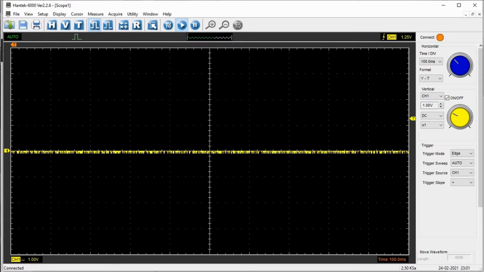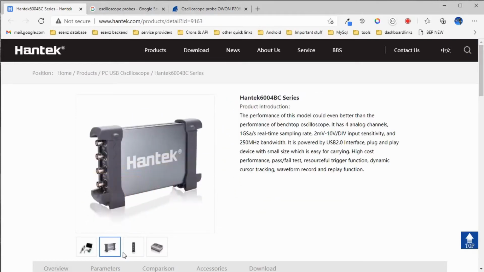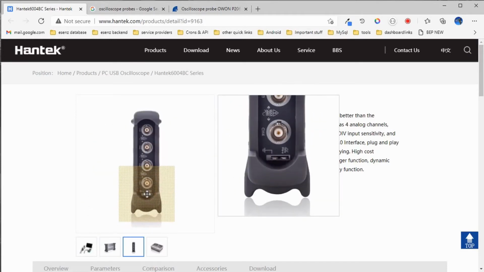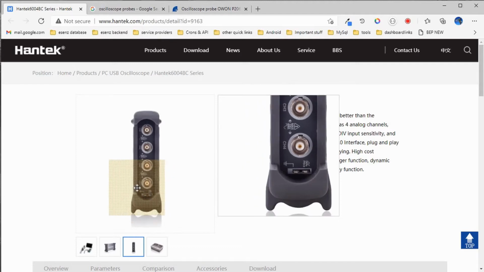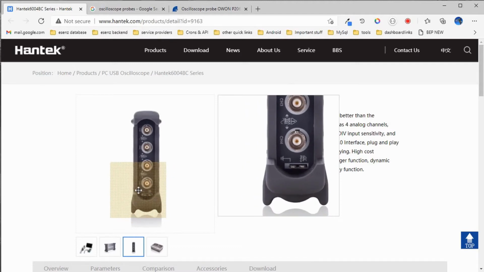So for that, what you can do is, all oscilloscopes will have a test point. Let me show it on this scope. So this is the test point. At this point, you can see the bottom one where it is written ground, and the other point will generate a